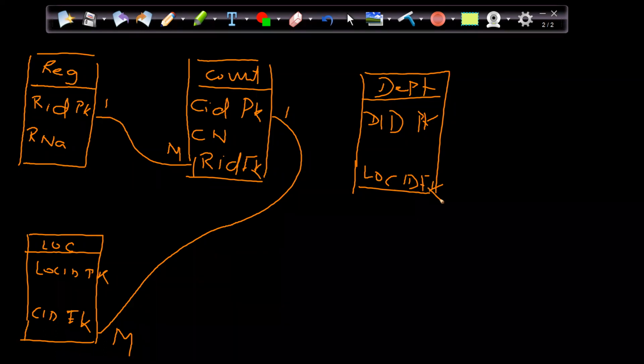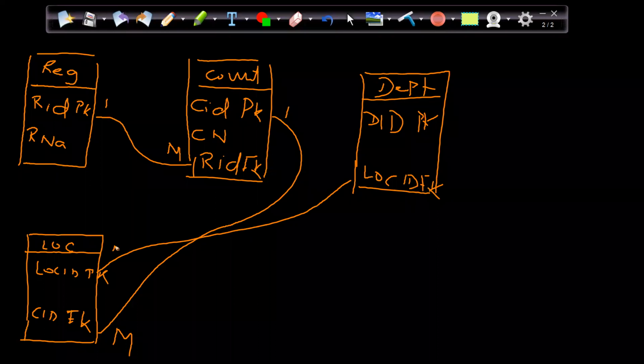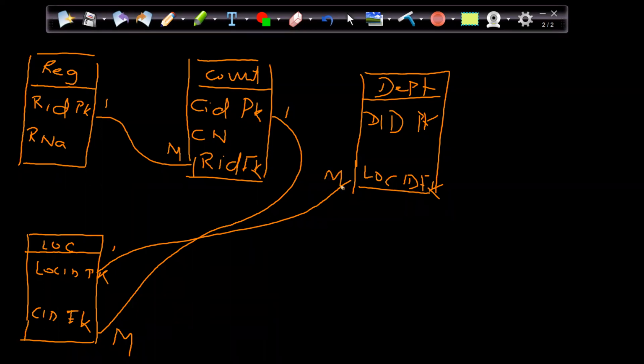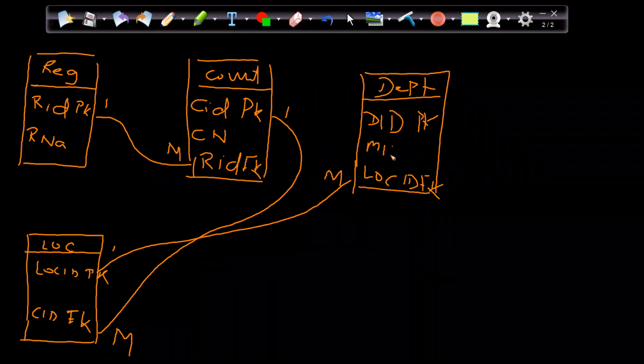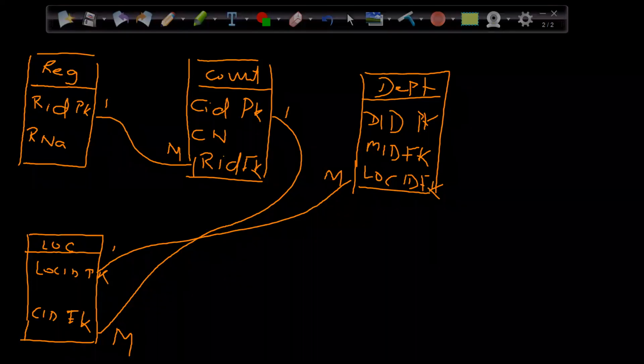Yeah, I think yes, it was a foreign key coming from location. So where is the location table? Here it is. So location ID is actually a foreign key, and this is the relation. And there are chances that I will have one location for multiple departments. So one to many again. I will add one more column here, which is manager ID, because I made that as foreign key as well. So I'll make an employee table, and then the employee ID is the foreign key of manager ID. So that we'll do it later on, but we just create the column.